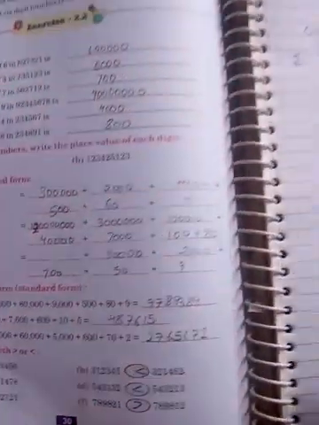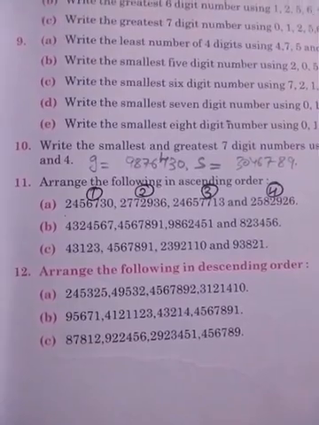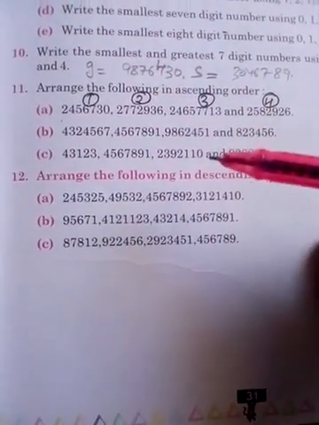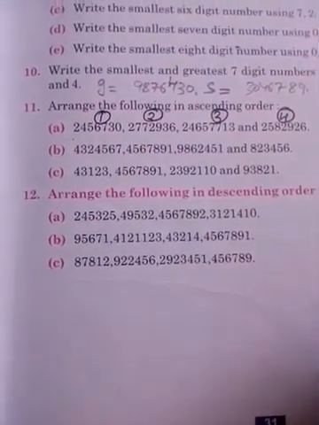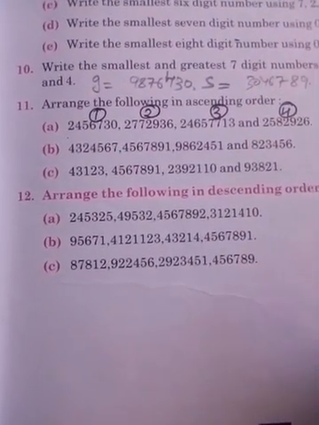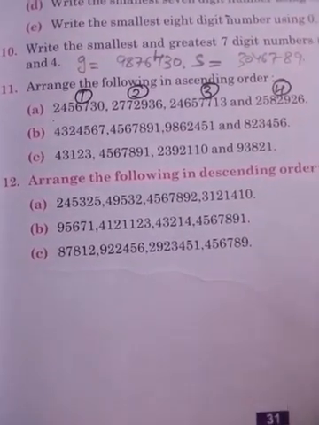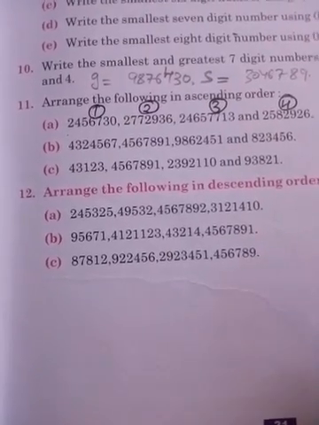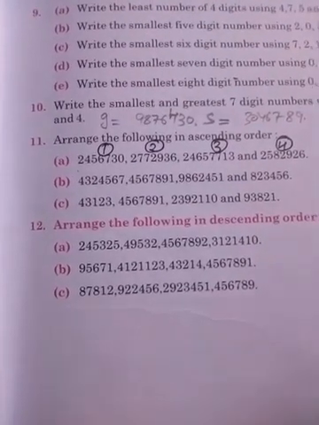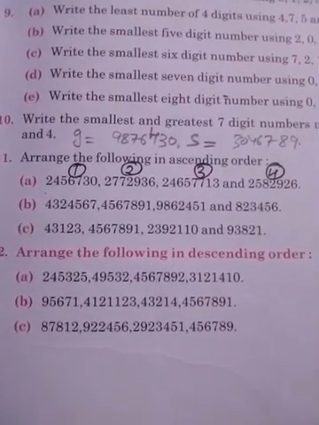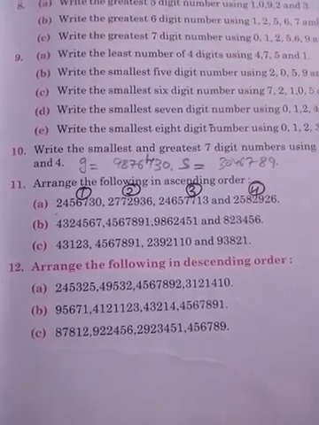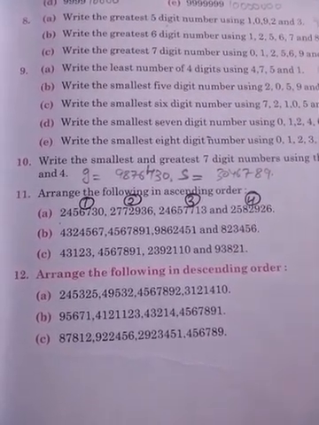Okay class, so likewise in question number 11, come to the ordering first, that means 11 and 12. Question number 11, arrange the following. As I told you earlier, first count the digits. If the number of digits is lesser, that number is always the smaller number. So today we are going to do question number 11 part B, because I'll make you understand the first one. First I write it here.